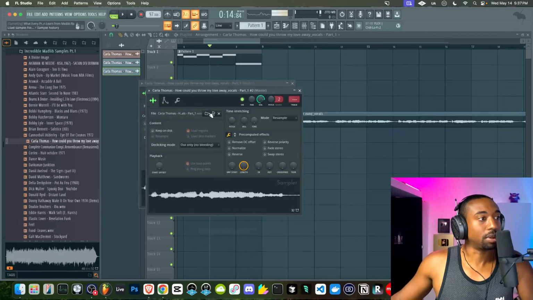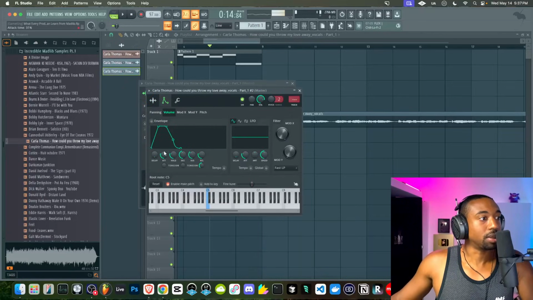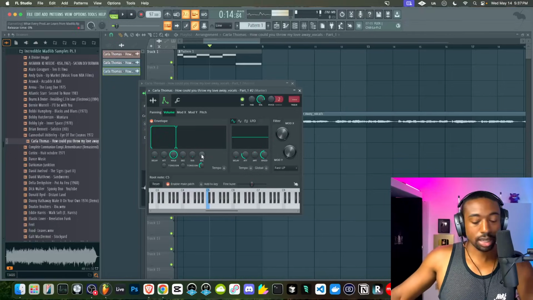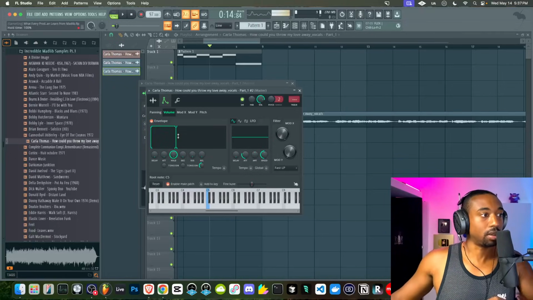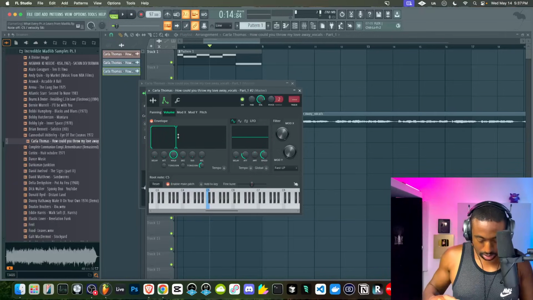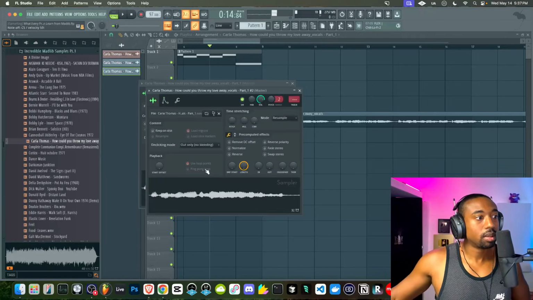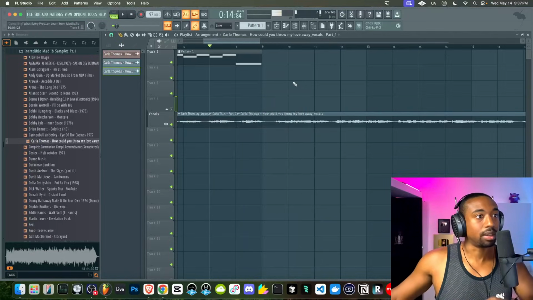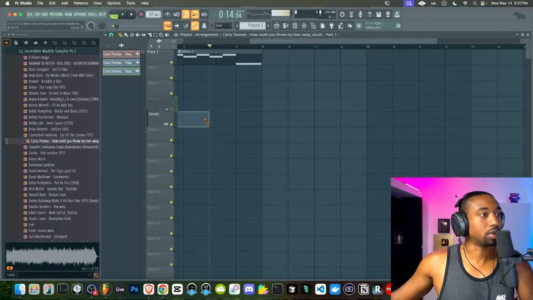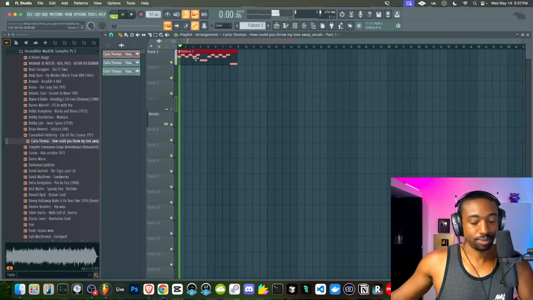Let's open it in a sampler because we need the envelope for the sampler. And we're going to use a technique called the truncation technique, where we just turn the hold parameter up for the volume. And now when we let go of the key, the sample stops. Okay, so let's change the sample start time. That's a very common Madlib technique, to truncate that vocal throughout the track. So let's run this back.